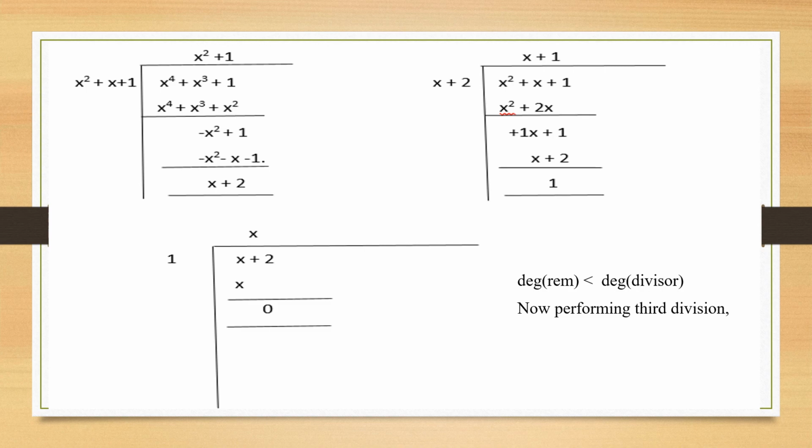It depends upon the polynomial's degree. It might get completed either in 2 divisions itself, or it might extend also, as I mentioned earlier. Now, what is my GCD? By looking at these 3 divisions, which remainder should be called my GCD? GCD is the last non-zero element or non-zero polynomial. So which is the last non-zero? This is the last remainder, that is 0. Which is the last non-zero polynomial? This is the last non-zero value. So your GCD will be 1 for this particular value.